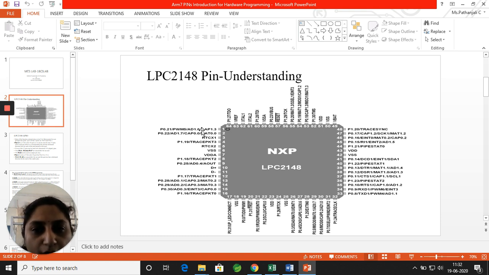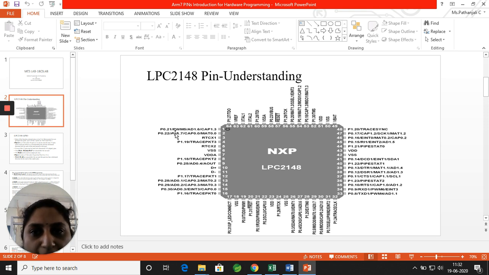When I want to connect my external device to your LPC2148, I will make use of the port numbers P0.21, P0.22 and the rest. P0 stands for port 0, pin number 21.